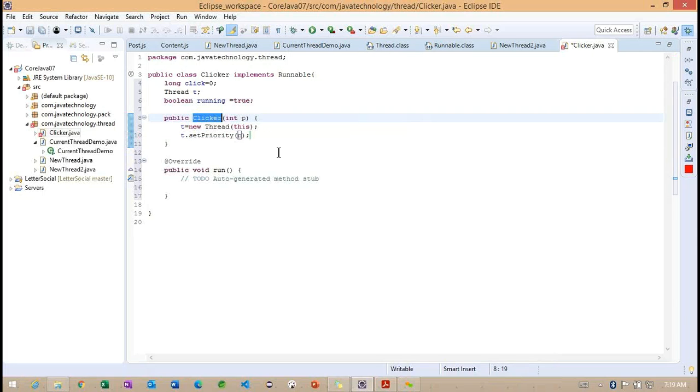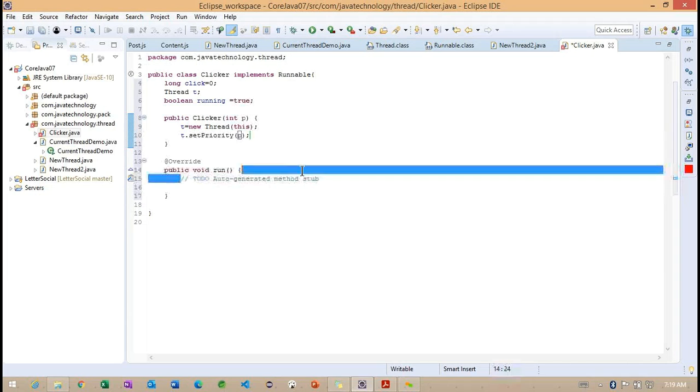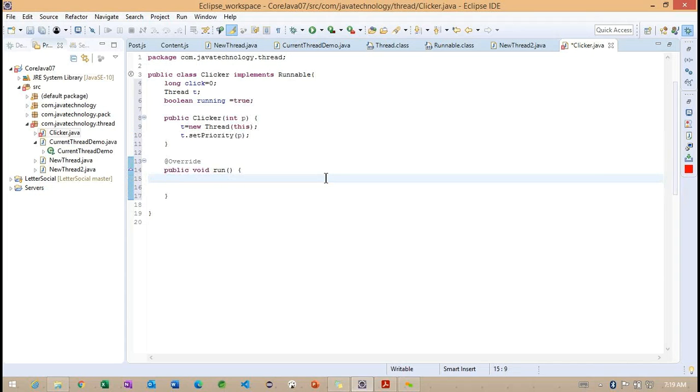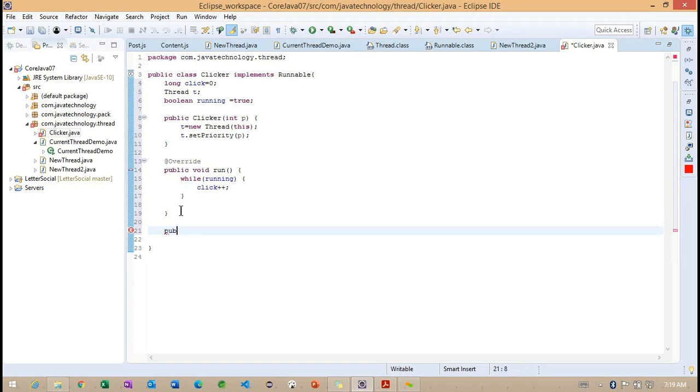Whenever we call this constructor, we are going to specify it. Inside the run method, now I am making running, and this click I am incrementing with plus plus. Getting the point. So these are about the run method. Now I want to make two more methods here.